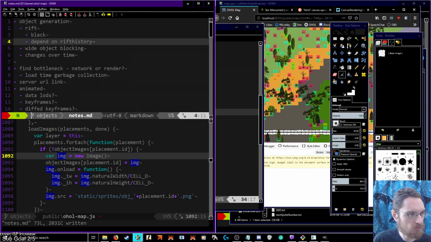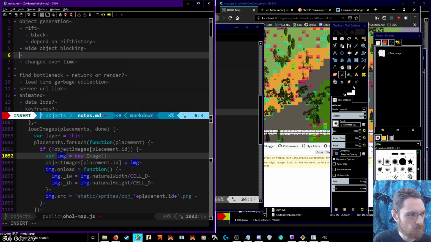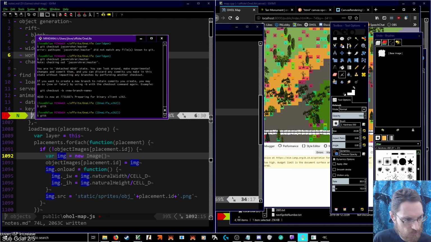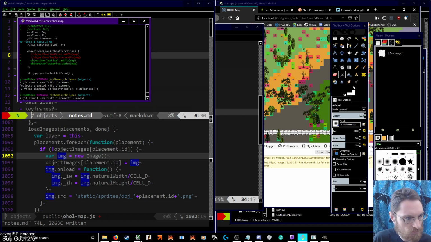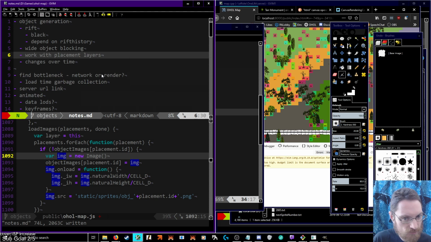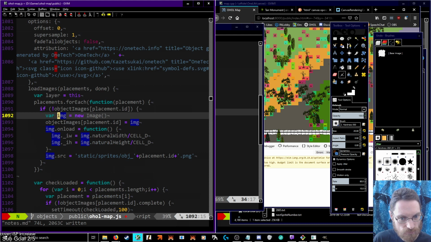Object generation needs to work with placement layers. That's a little detail we're missing. Which maybe means I should focus on that instead of on a rift drawing, but